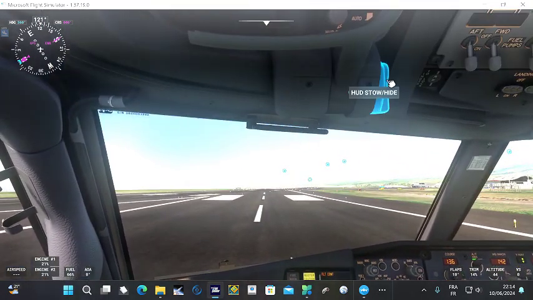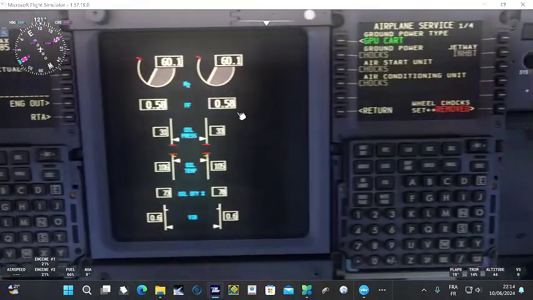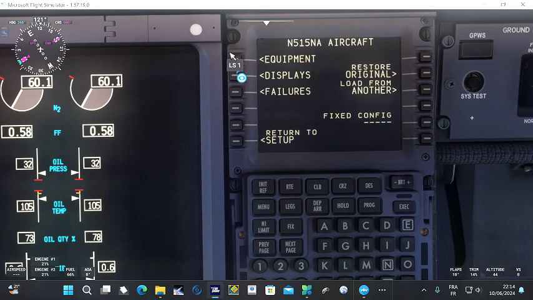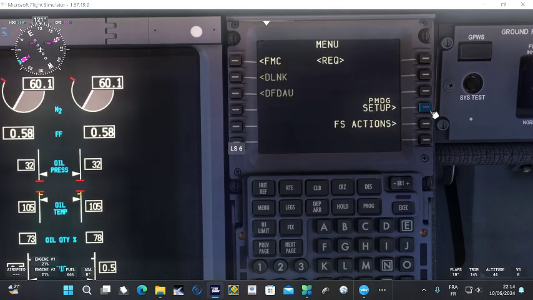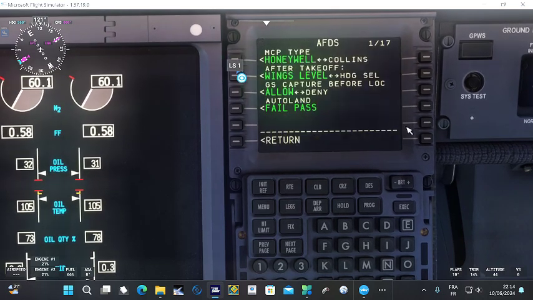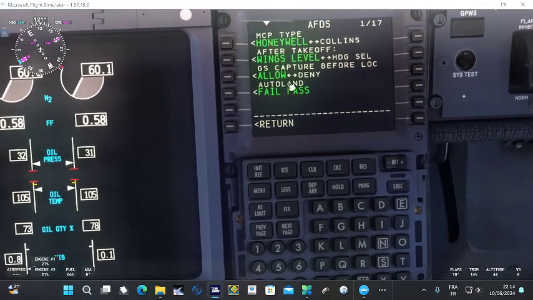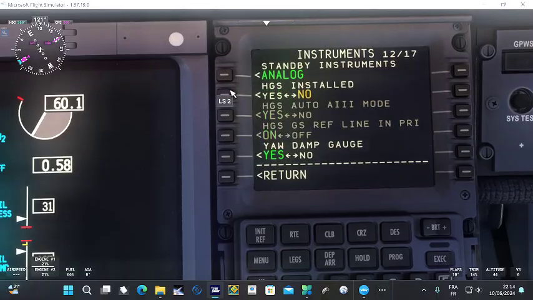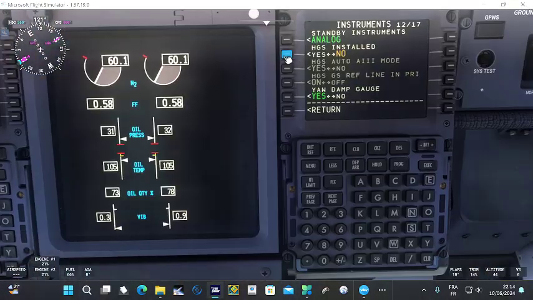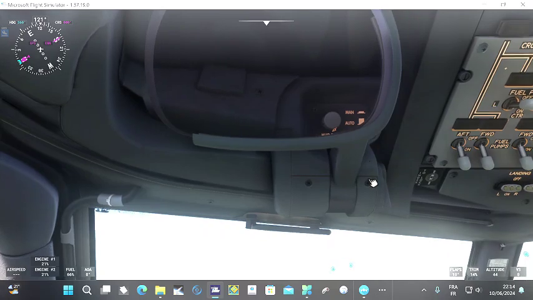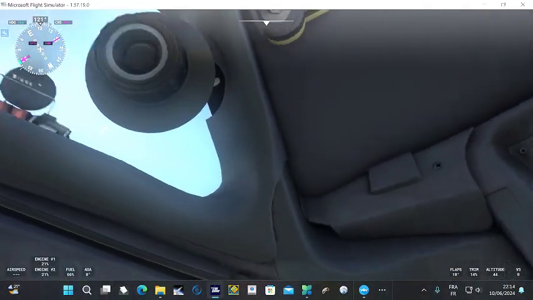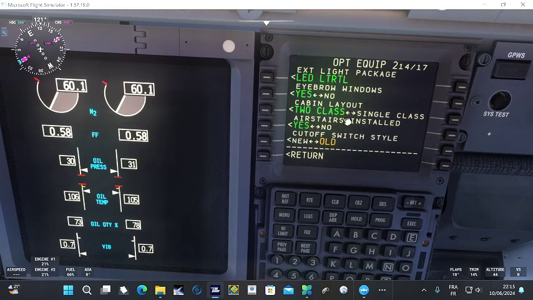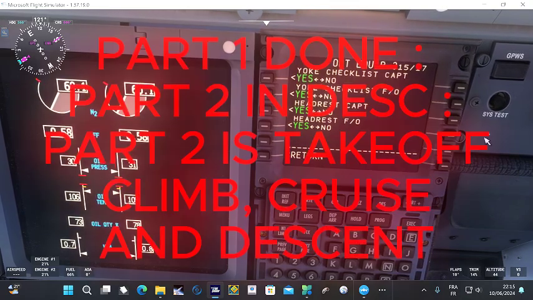Oh, we can deploy the HUD. If you want the HUD, it's very simple. In fact, all my options came from here. So you see, PMDG setup, aircraft, equipment, and I just messed with the options here. HGS installed, okay? So there is no HUD, HGS. Okay, and if you want the eyebrow window, like this, search the eyebrow window. I have no time to do this, okay? Search